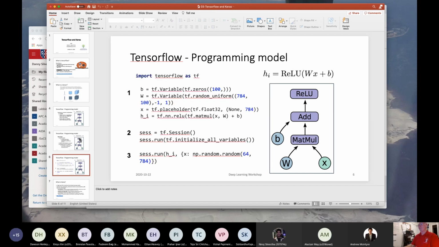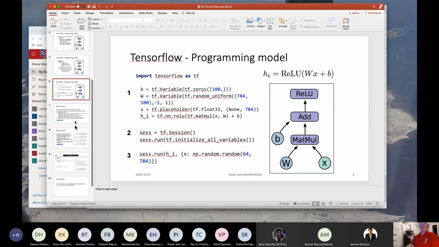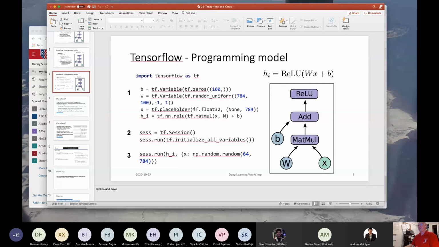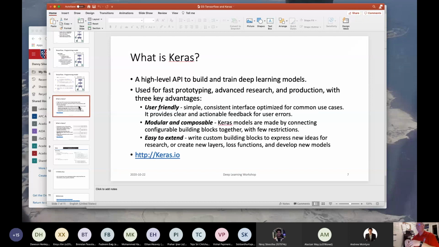Right now, the TensorFlow programming still looks pretty ugly, although a lot of stuff's going on behind the scenes, and I'm not going to spend too much time on that. What happened was that people said there've got to be easier ways of doing this. There are just so many things we have to set up and configure here. So someone created another library that sits on top of environments such as TensorFlow.